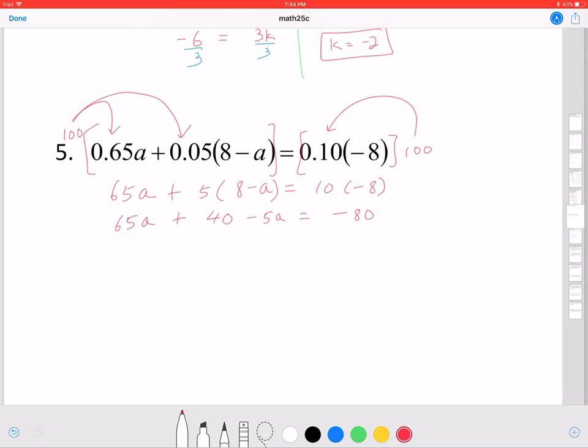Combine like terms. On the left-hand side, I should have 60a plus 40 is equal to -80. Subtract 40 on both sides. 60a is equal to -120. Divide by 60, and I have a is equal to -2. That is my